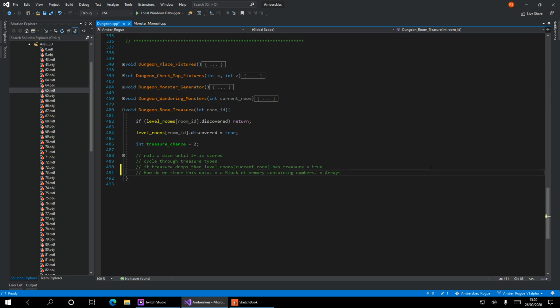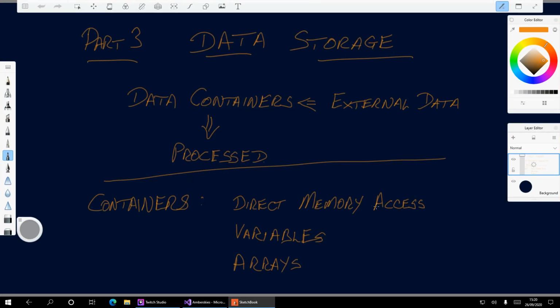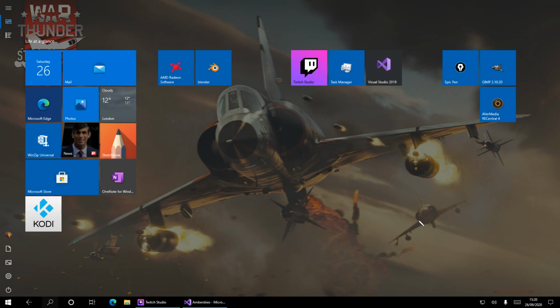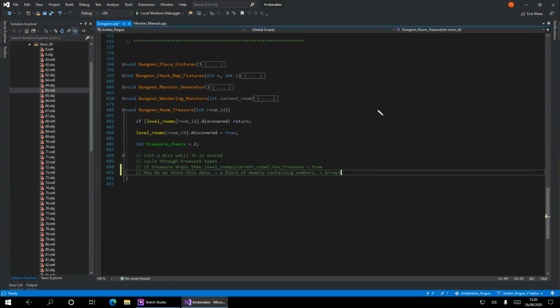This is not the most efficient solution. Most efficient solution is that one there. And that one there was used in the original game. The original game used direct memory access. There you go. That's what Windows thinks of direct memory access. So I'll go with arrays. I'm going to leave that switched off now. Don't like that flash.